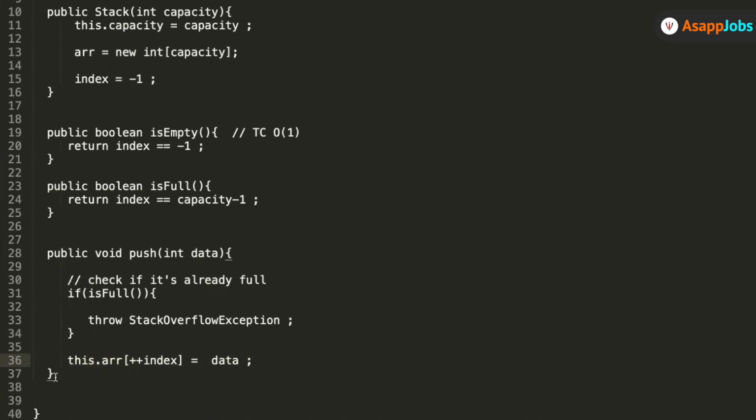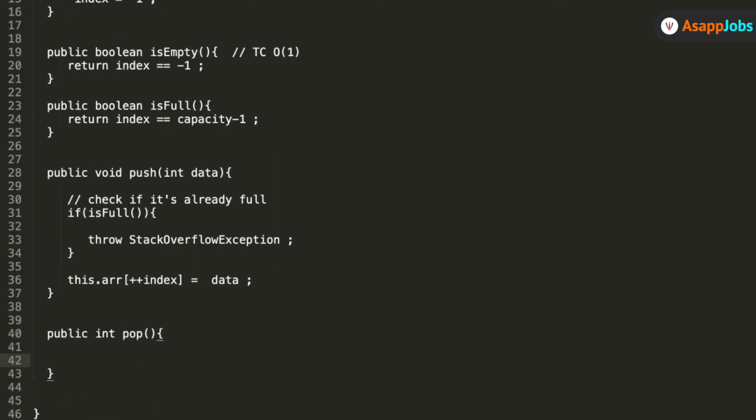Similarly, if I have to pop an element, what should we do in this case? You should check whether it's having an element or not. Very nice. Empty check. Because if there's no element, then it should throw me some error to know that there is no element. So if isEmpty.